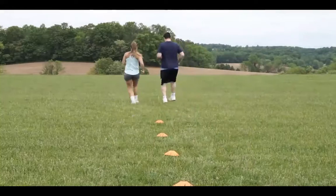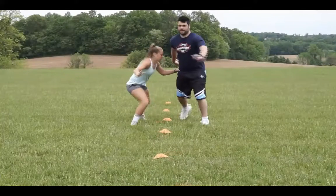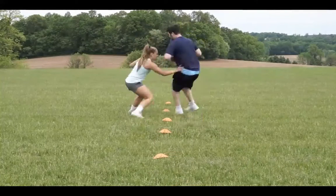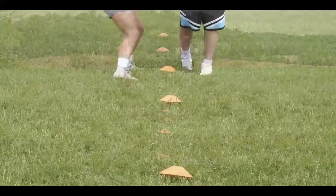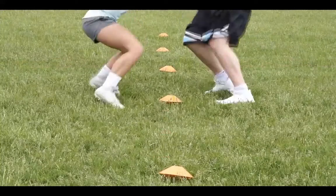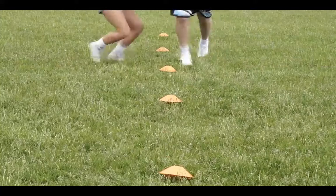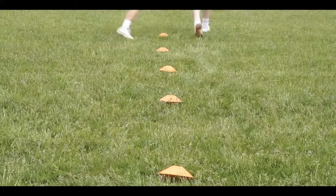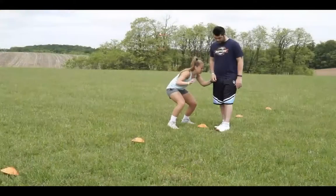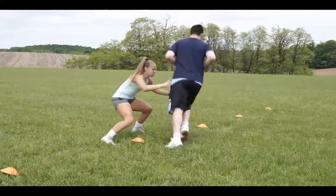So we're going a little bit slower, but as the speed picks up, I'm not able to shuffle. I'm going to have to run, right? I have to turn that outside foot and point it in. So looking at the toes, my foot is pointing towards the direction I'm going. I'm not crossing over my feet. I'm staying with. Keep that arm bent. Keep it strong,